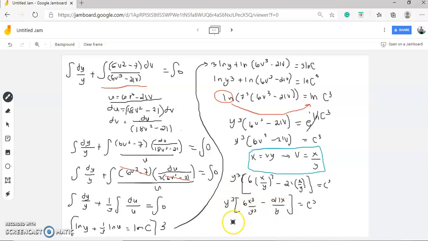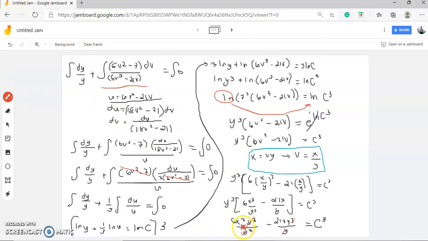So therefore, you have 6x cube y cube over y cube minus 21x y cube over y equals c cube. So therefore, we could cancel this y cube and the y cube below, and this y with part of your y cube. So what remains is